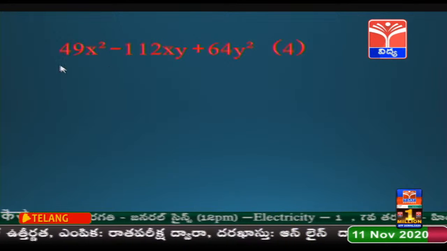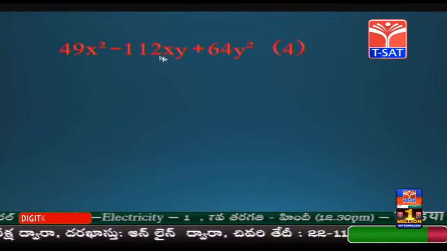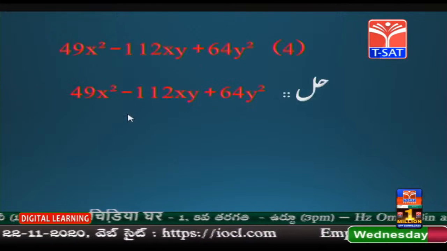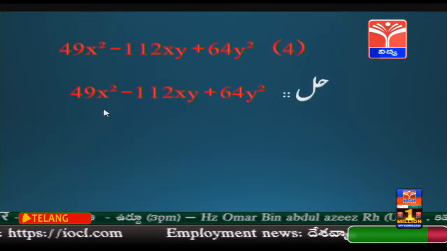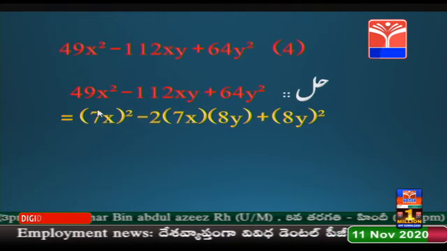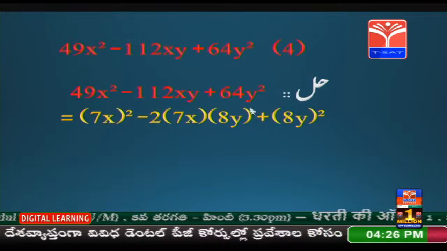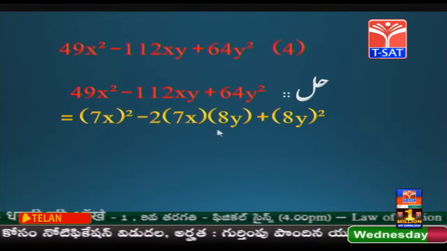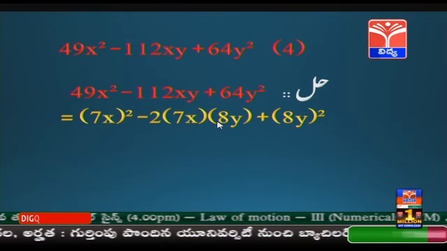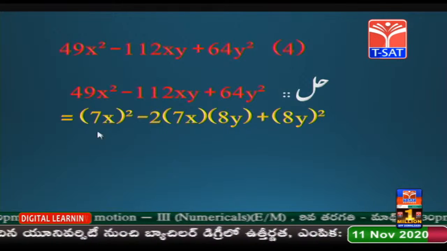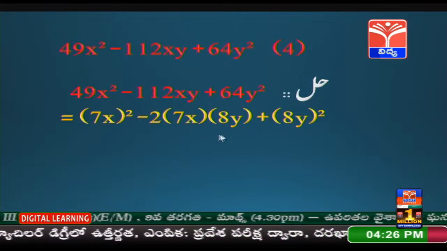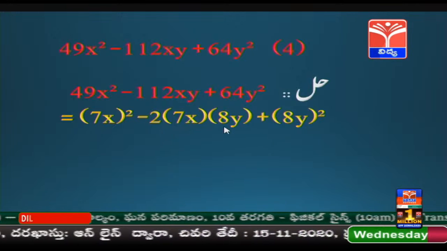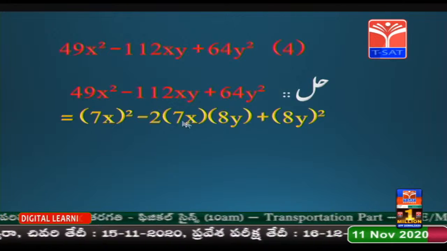ये चौथा सवाल है। देखिए ये माइनस में दरमियान में 49x की दूसरी माइनस 112xy जमा 64y की दूसरी। अब इस सवाल में हल में जैसे का वैसा सवाल। तो अब ये 49 के बजाय 7 सत्ते 49, यानी 7x की दूसरी, इधर 8 अट्ठे 64y की दूसरी। तो दरमियान वाले में 2, ज़ाब्ते का 2, यानी पहली ब्रैकेट में x, दूसरी ब्रैकेट में y। x के बजाय 7x, y के बजाय 8y। अब इन तीनों को देखिए क्या आएगा, 2 सत्ते 14, 14 अट्ठे 112xy,